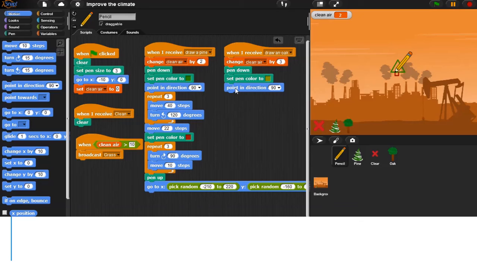Use the repeat block 120 times. In the body of the repeat block, use move one step and turn left 3 degrees. In this way, you will have 360 degrees for the whole circle.